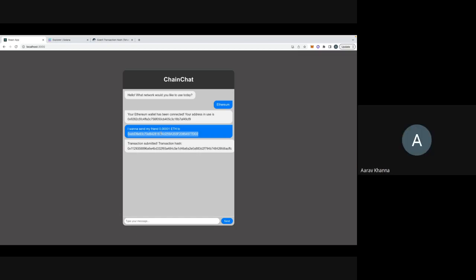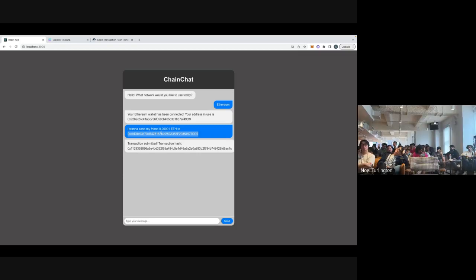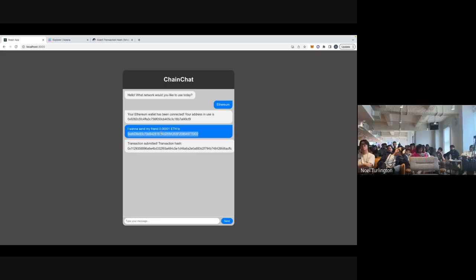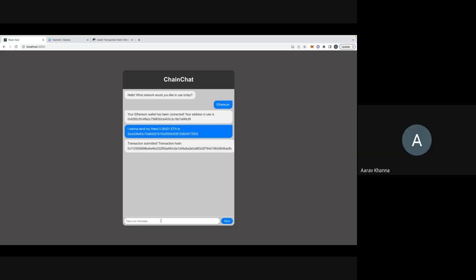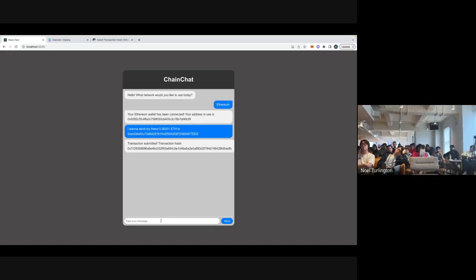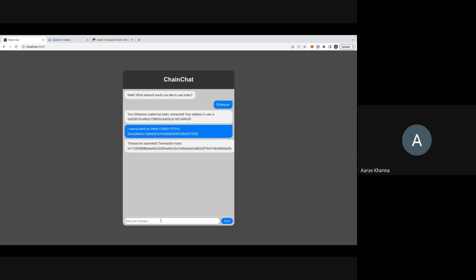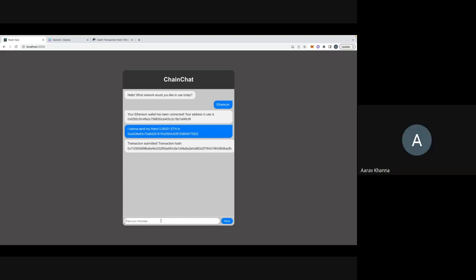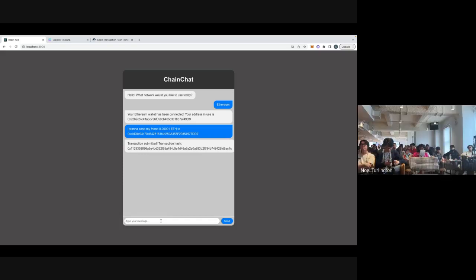Yeah, to add one more note to that, what's really awesome is that in this demo we showed that, whether it be on the Berlin testnet or Solana, we can make really simple transfers of the native token from one person to another. However, ChainChat is also modular, in the sense that if I, or someone halfway across the world, wants to implement some new feature, whether it be swapping my Shiba Inu for X tokens using Uniswap V3, or, hey, I have this Aave position, please modify it to do this,